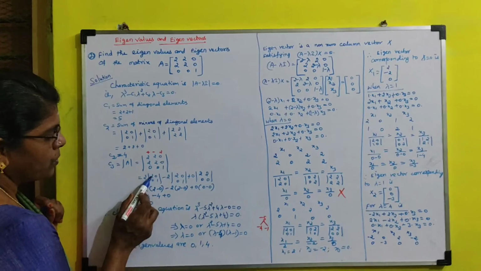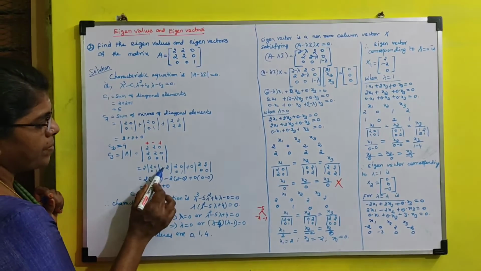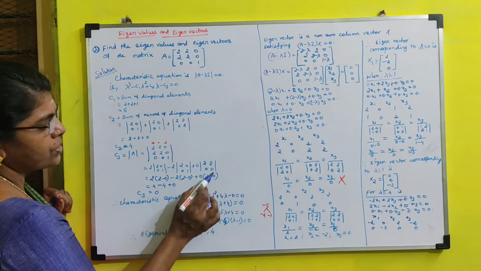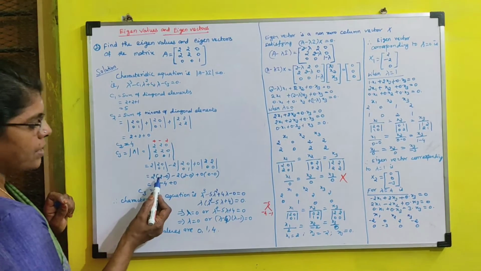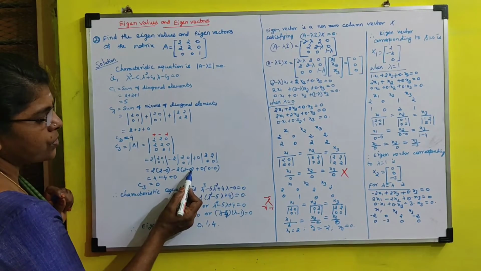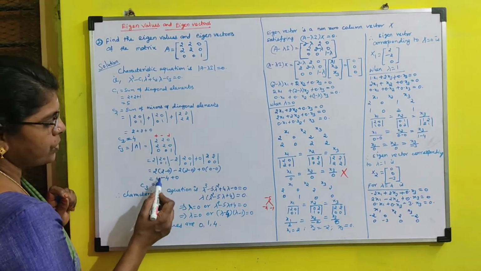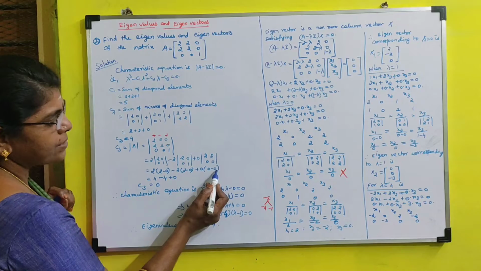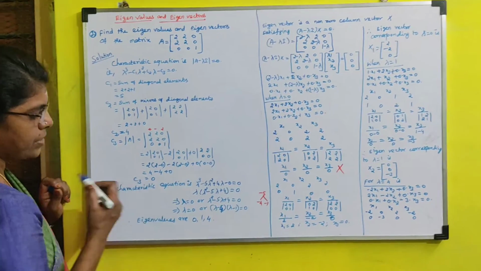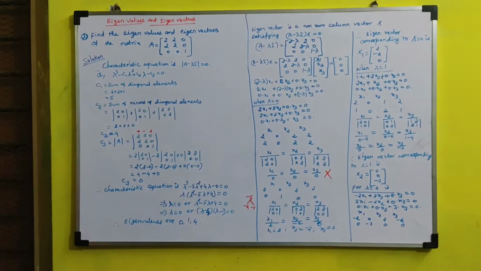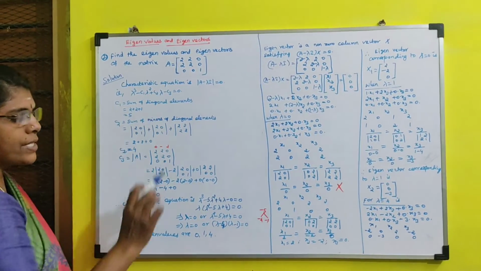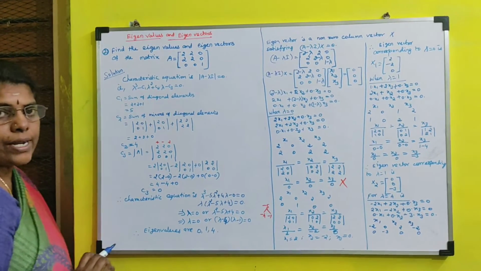Okay. 2 into 2 minus 0. Here minus 2 into 2 minus 0 plus 0 into 0 minus 0. Here 2 minus 0, 2, 2 into 2, 4. Here also 2 minus 2, 0 is 2, 2 into minus 2 is minus 4. Here 0 minus 0, 0, 0 into 0 is 0. Finally 4 minus 0 equal to 0, C3 equal to 0. If the constant value is 0, then definitely you will have 0 as an eigenvalue.